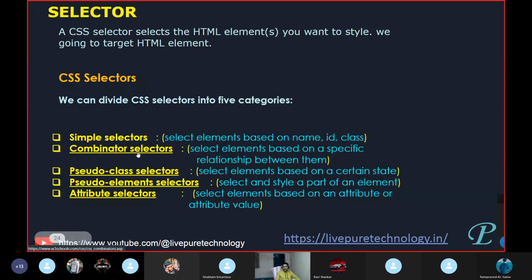And inside the combinator selector, when you move in, there will again be 4 types of selector. Okay, so descendant child selector, descendant sibling selector, general sibling selector, the different selectors are again inside the combinator selector. So there are not 3 types, there are 5 types of selector. Okay,